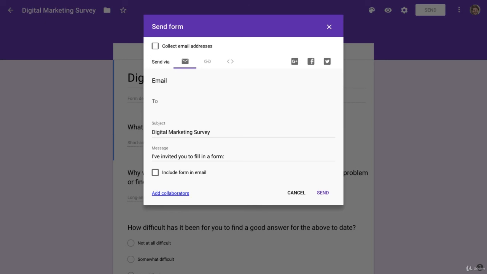And we talked about some tips and tricks in terms of really getting responses, and that's your subject line and the way that you post it into those different social media